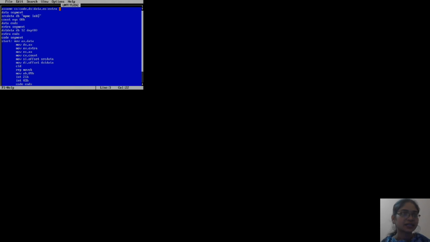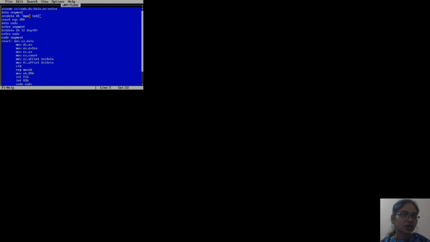To start the data segment I am using data segment and initialize my offset using the source data, and this DB indicates define byte, and this is my string which I want to transfer to the extra segment address. This string length is 8, so that's why in count I am initializing it 08.